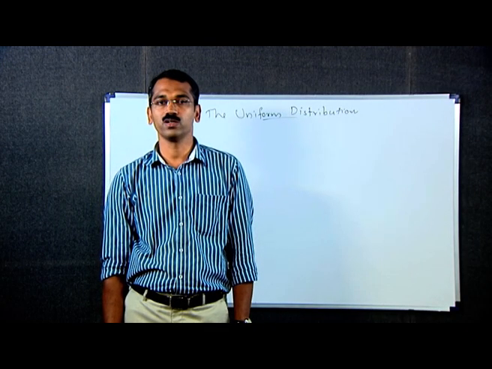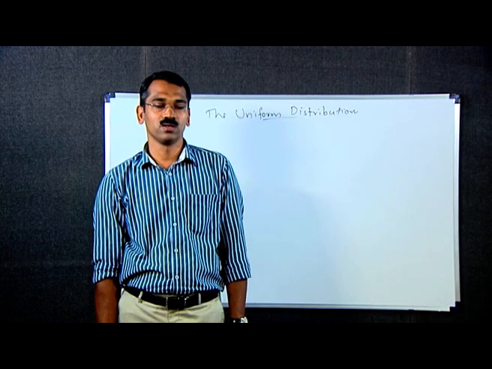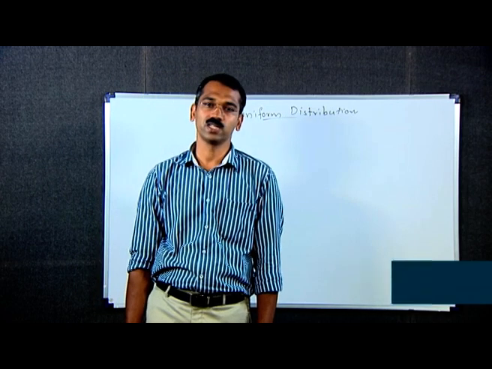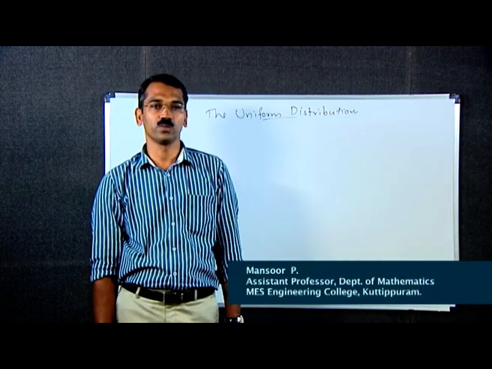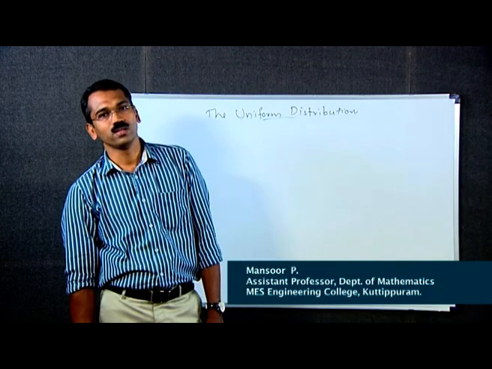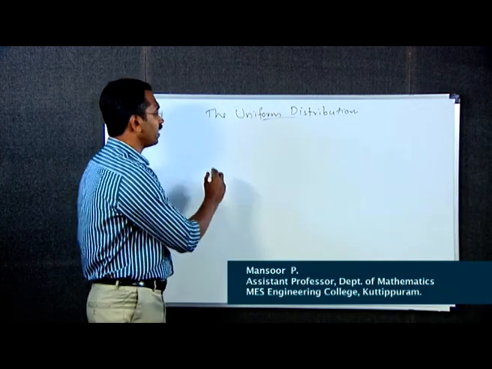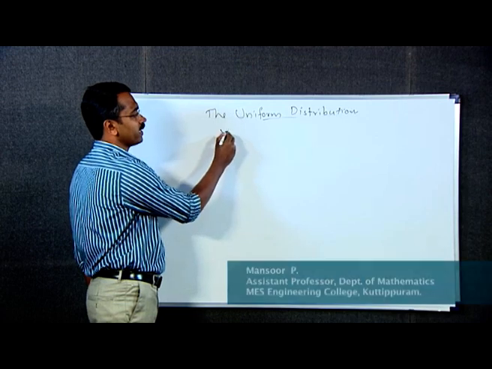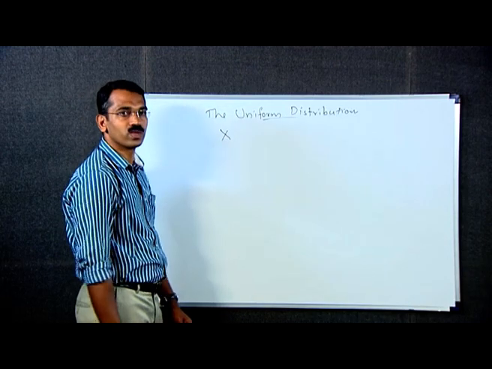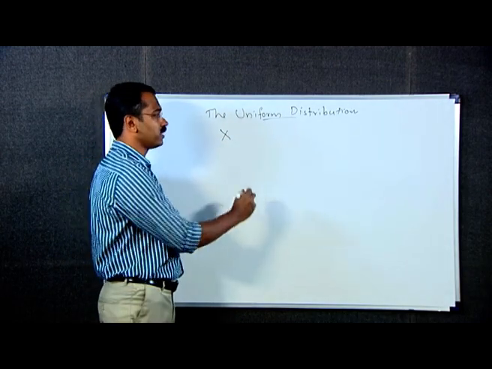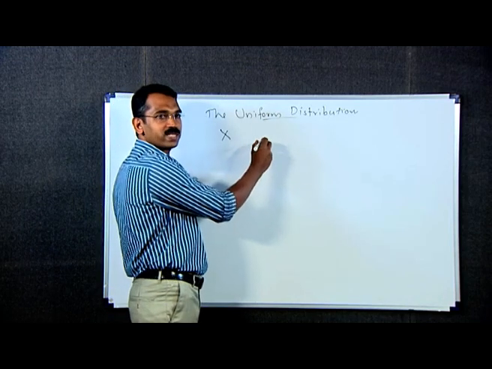Welcome to the session on uniform distribution. Uniform distribution is a special type of continuous probability distribution. The definition is: a continuous random variable capital X is said to follow a uniform distribution if its probability density